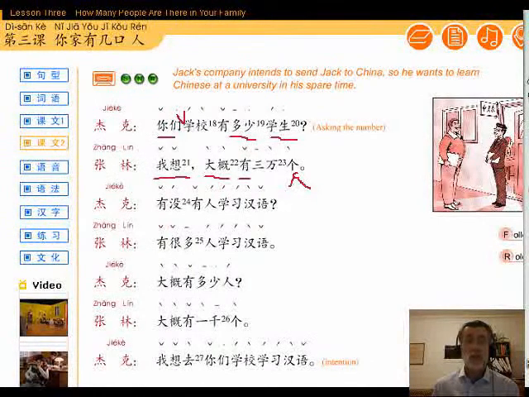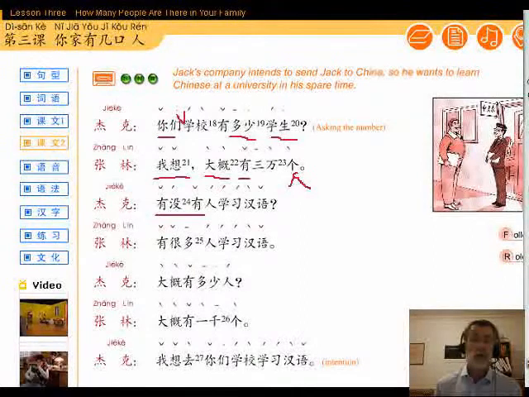So I'm pretty sure you'll be able to see what our question word is in this sentence. Okay, so it's 有没有. I think by now you guys are pretty familiar with that whole idea of the affirmative negative of the verb to make a question. So our verb here is 有, the affirmative is 有, the negative is 没有, and when you combine them together like that, it makes a question. I'm madly pointing with my cursor on the screen here, so I hope that's actually showing up. So 有没有人, is there anyone, 有没有人学习汉语, studying Chinese?